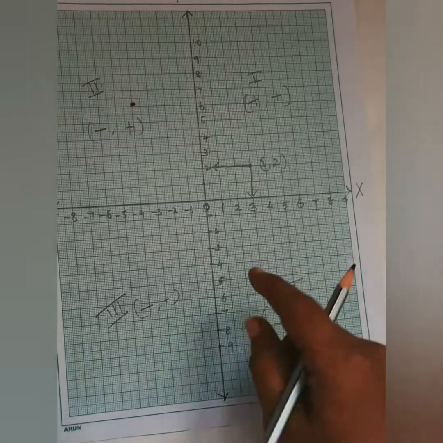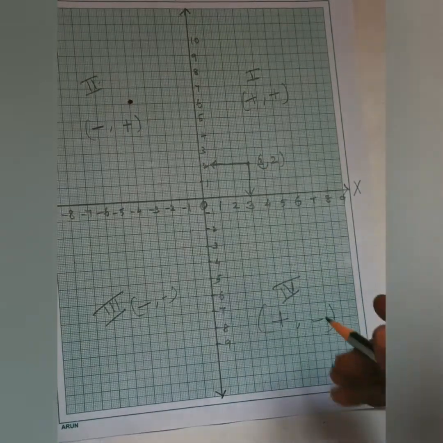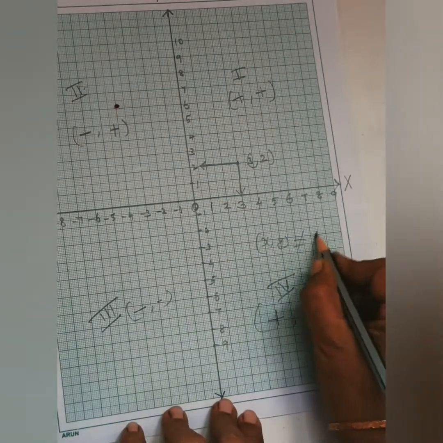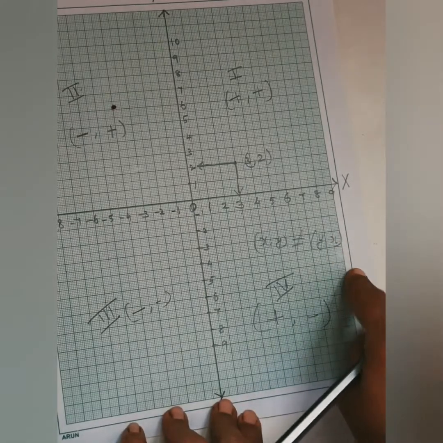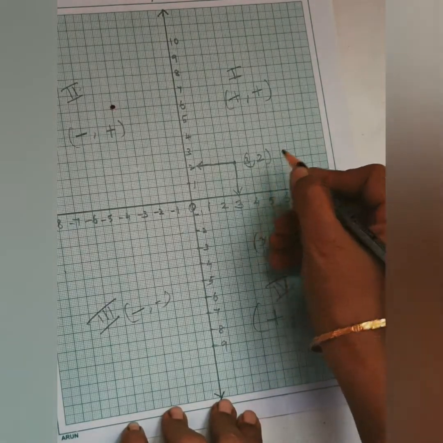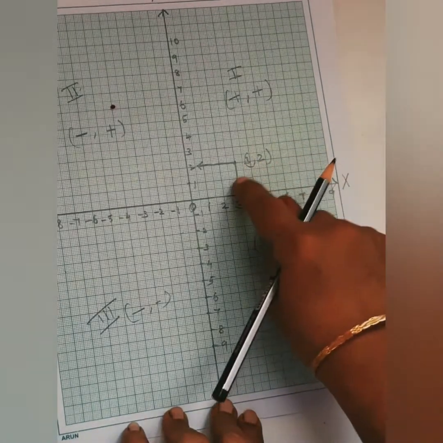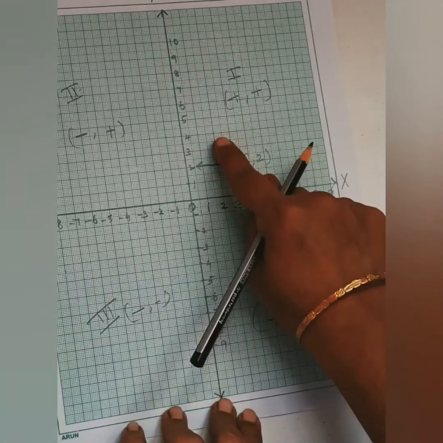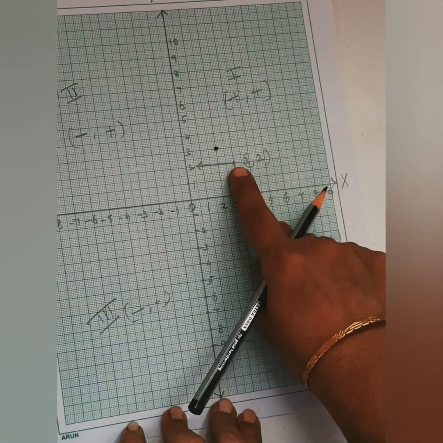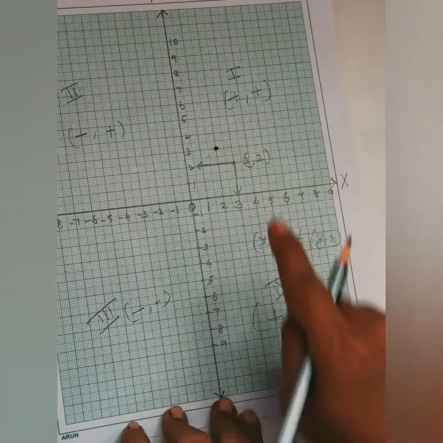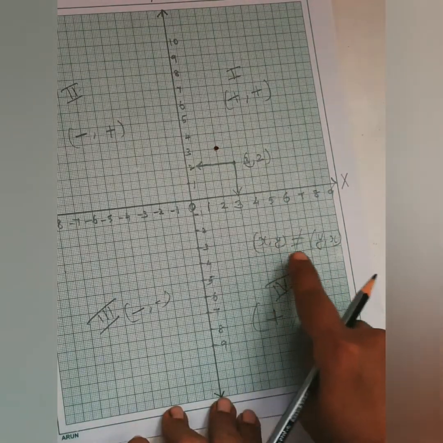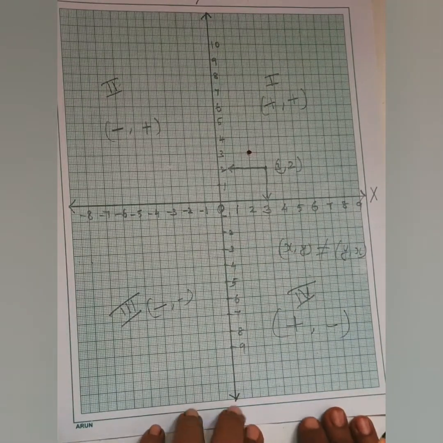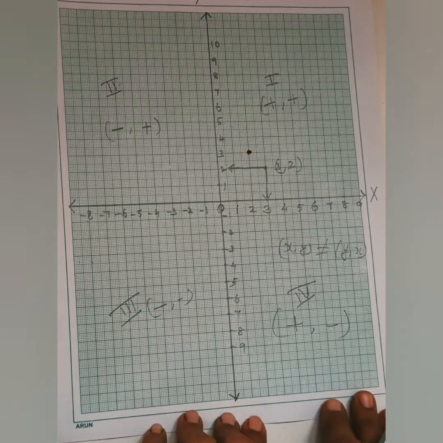See, x comma y, that is 3 comma 2, we know very well. We say x comma y will not be equal to y comma x. Why? If I locate 3 comma 2, and in the same way, if I exchange to 2 comma 3, where will it be? 2 comma 3 is here, whereas 3 comma 2 is in this place. Both are showing different places. That's why I said x comma y will not be equal to y comma x. Okay, these are the basic concepts you are supposed to know in this chapter.